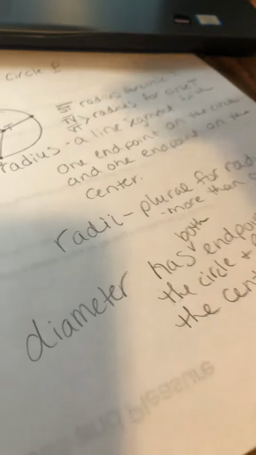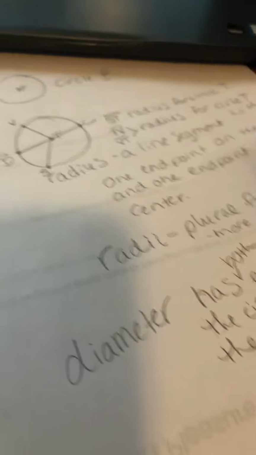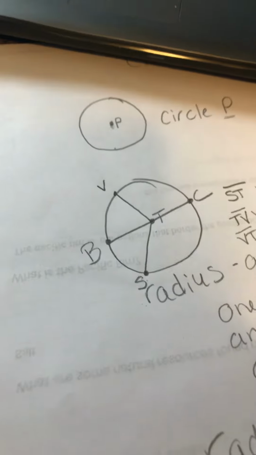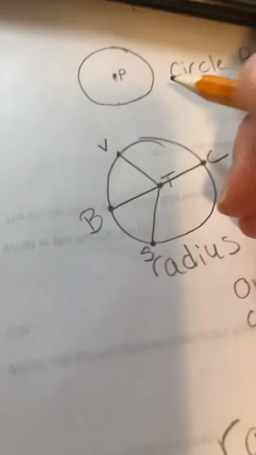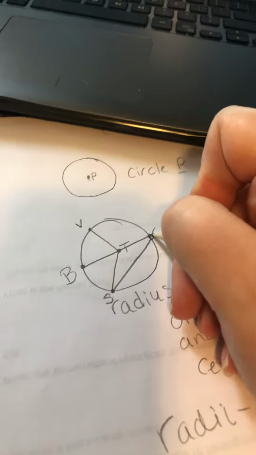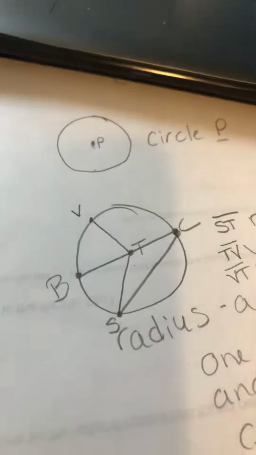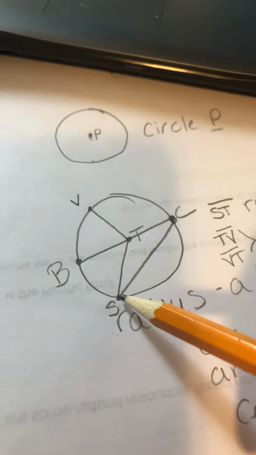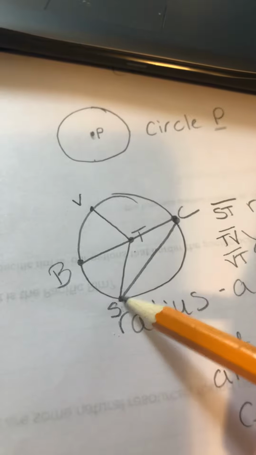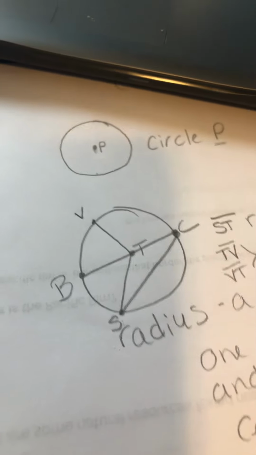Okay, so if we have, and of course these would have labels as well, line BC, or line segment BC, is a diameter for circle T. We could also have a line that goes from S to C. Okay, so here is a line segment that has both endpoints on the circle, but does not pass through the center. We call that a chord,